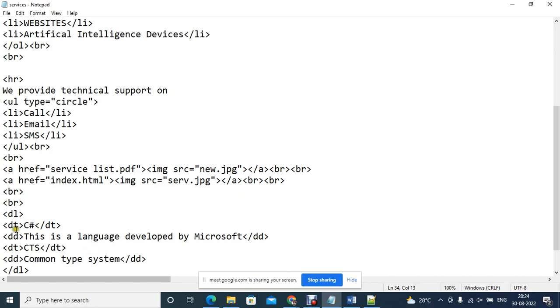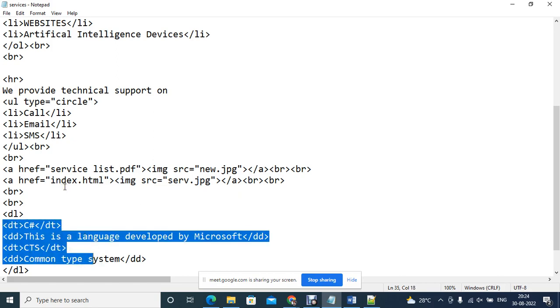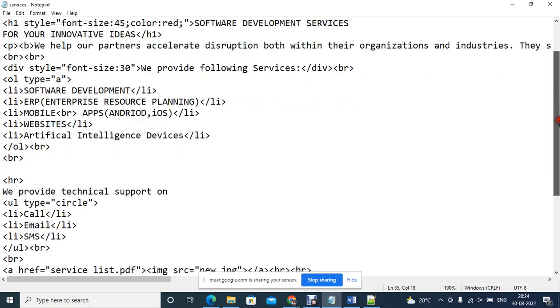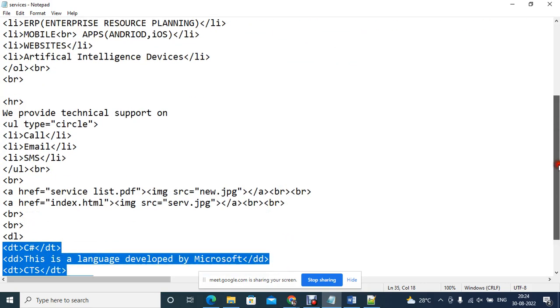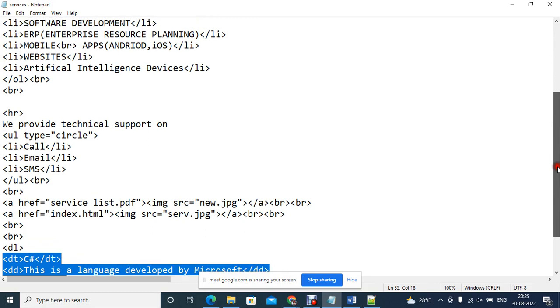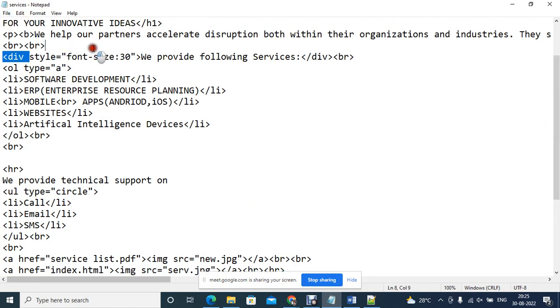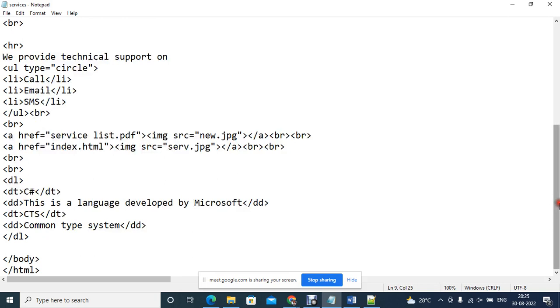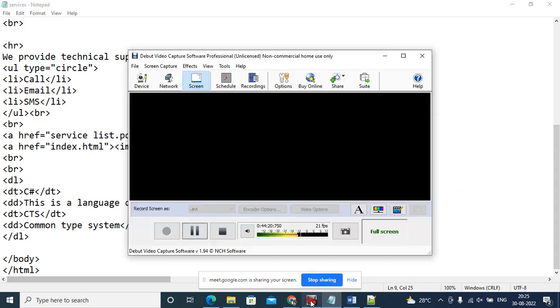For the size of the content, you always have to use the style tag. If you want to increase or decrease the size, customize the size according to you, you always have to use style. Otherwise the default size will be there. H1 has a default size, H2 has a default size, a paragraph has a default size, and whatever you write in a div has a default size. Everything has a default size, but if you want to customize it, you need to put the style tag there, wherever you want it. Okay. So practice the